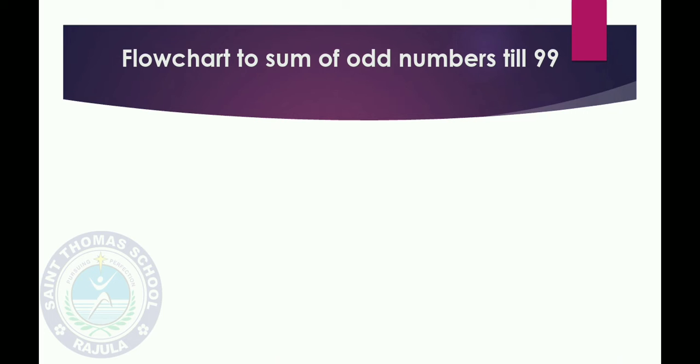So before showing the flowchart, I will give you one example to understand the flowchart in a better way. First, just assume that you have two boxes, one in your left hand and one in your right hand. Now you put one marble in your left hand side box. So one marble is kept. Initially you can say that the left hand box has the value 1, and the right hand box, at the beginning, is empty.